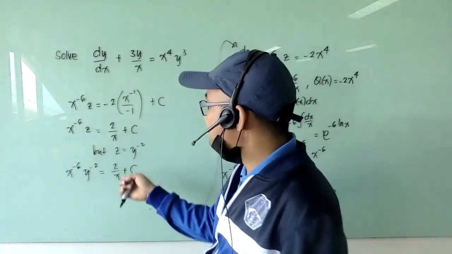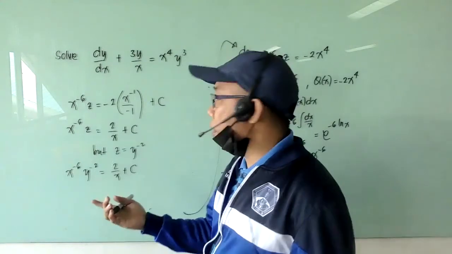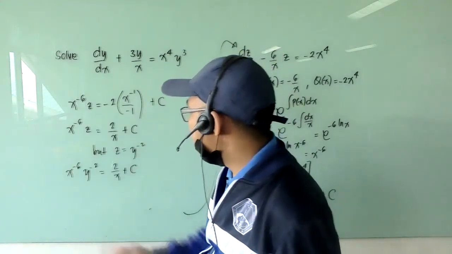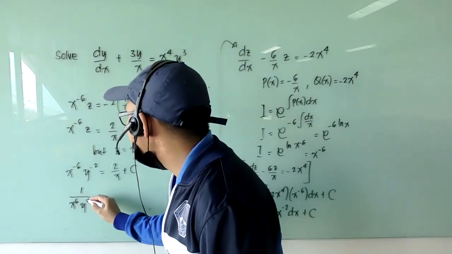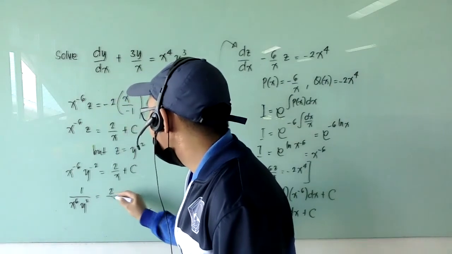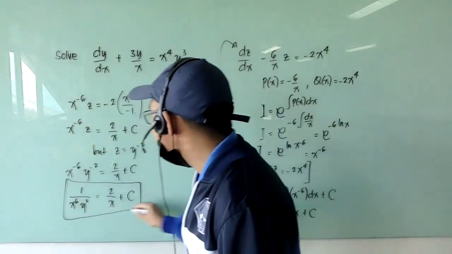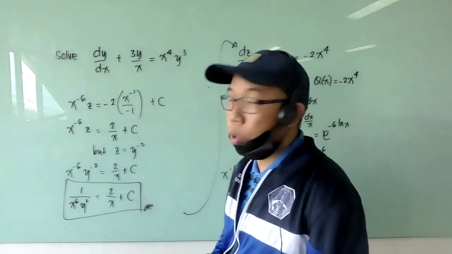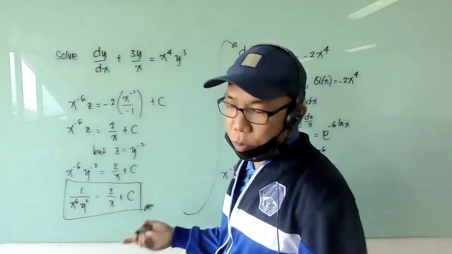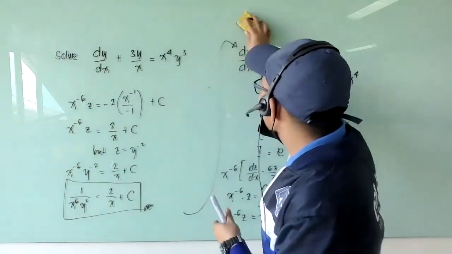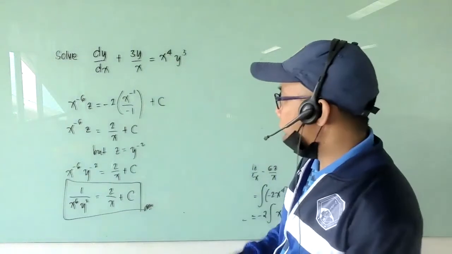You can arrange this equation. Try to write your answer without negative exponents. So you can put this in the form 1 over x raised to 6 times y squared equals 2 over x plus c. So this is your final answer. And if you're asked to solve for y, for the dependent variable, we can do that. Let me erase this one. If you're asked to solve for y,